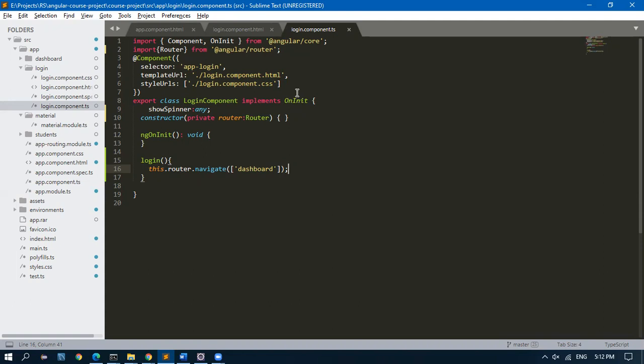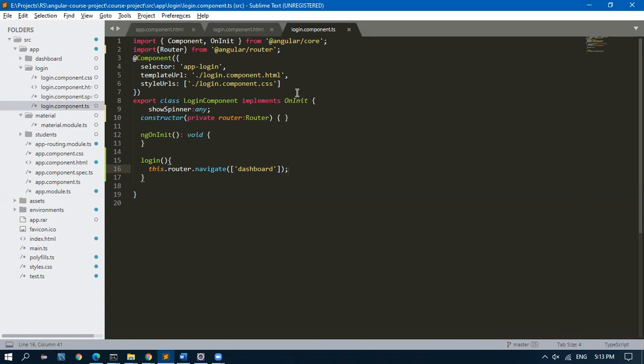Yesterday in the login.html, if you hit on login button, it has to go to the router link dashboard.